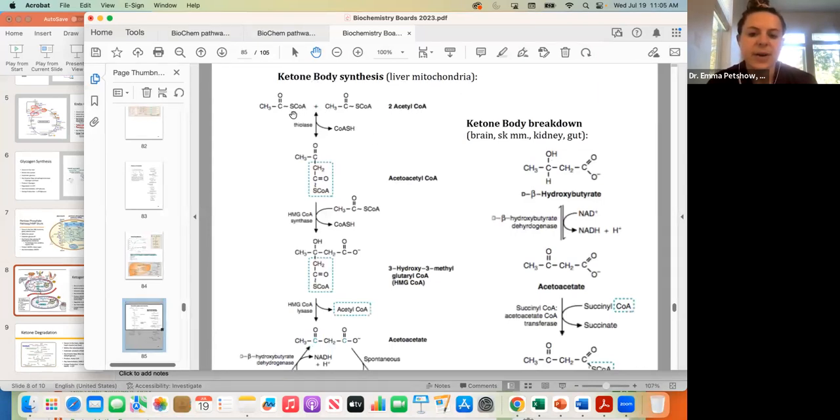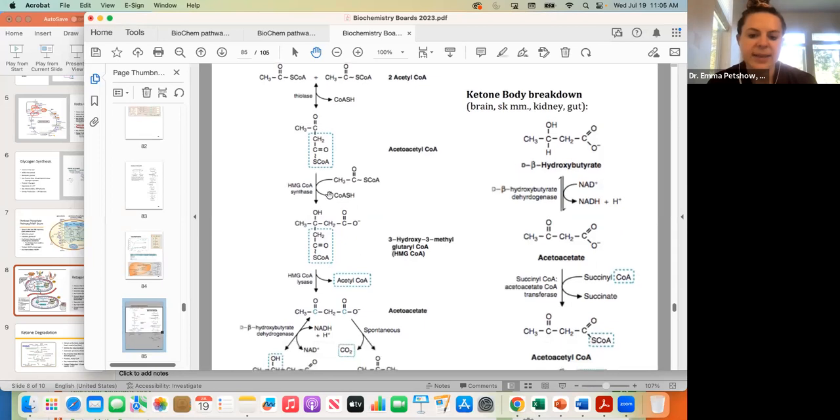We start with our acetyl-CoA, 2 of them. We are going to then combine them together to get acetoacetyl-CoA. And then we have our rate limiting enzyme step, HMG-CoA synthase. It's going to essentially take off that CoA portion, so that sulfur component is going to get removed. And so we go from acetoacetyl-CoA to our intermediary step,